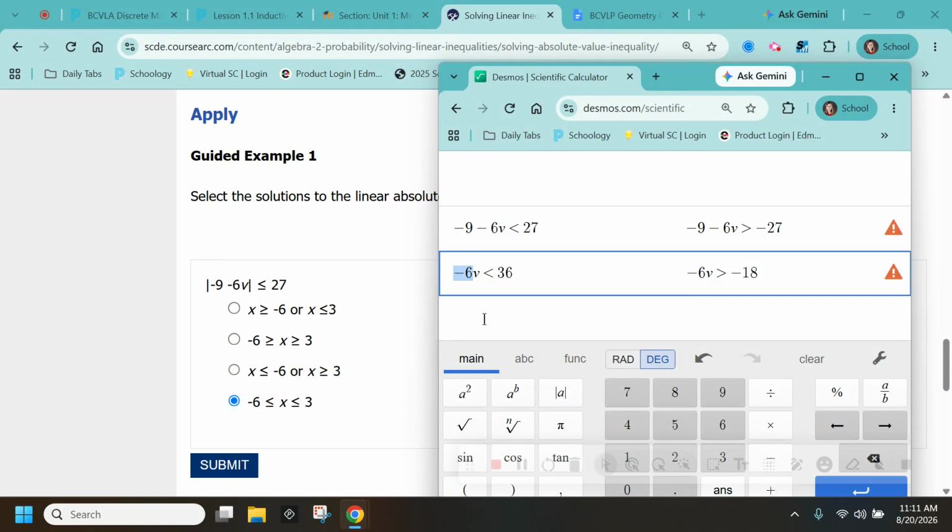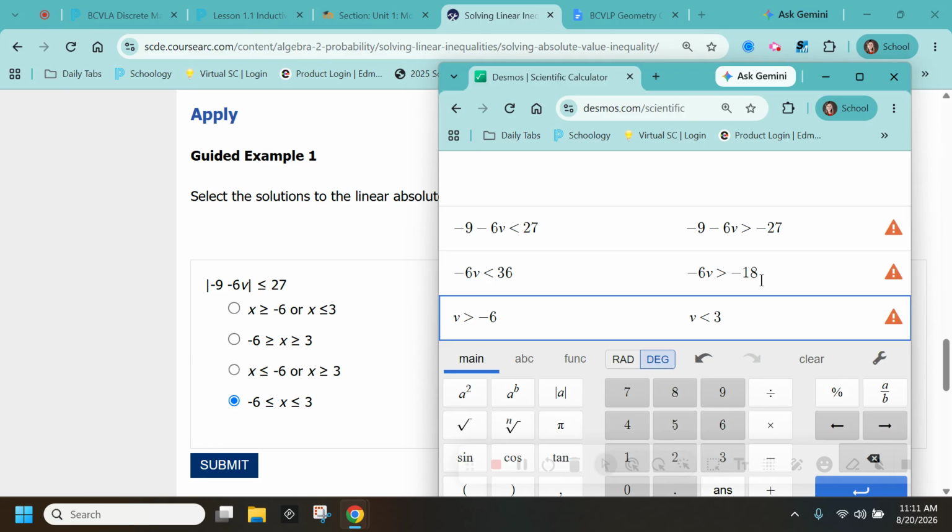Divide both sides by the -6. So remember that you do have to flip the sign. So again, this is greater than or equal to, I just don't have the symbol. So v is greater than or equal to 36 divided by -6, which is -6. And then same thing here, divide by the -6. Since we are dividing by a negative, we're going to flip the symbol, and -18 divided by -6 is a